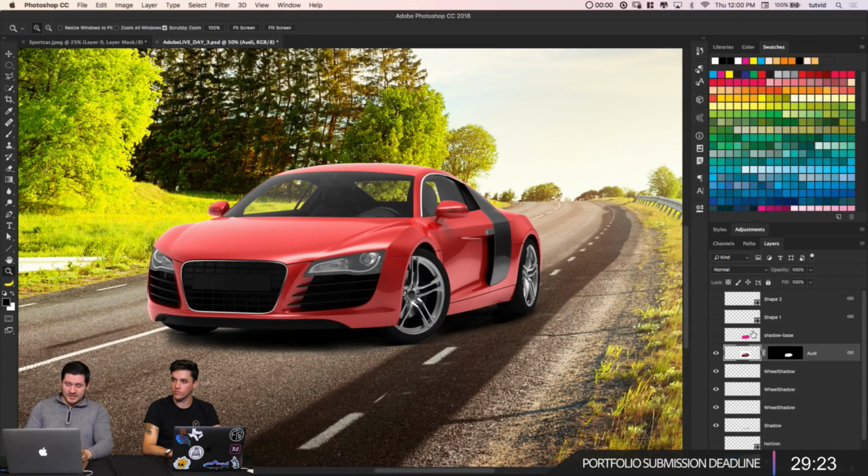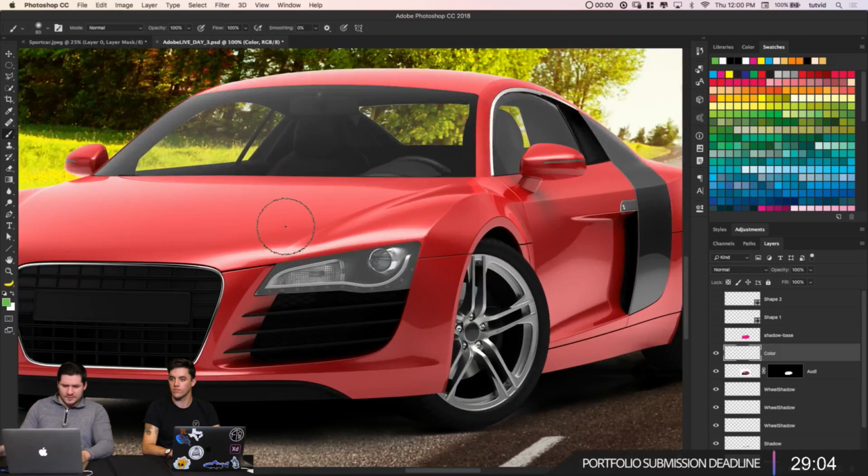One quick trick I want to show you here, speaking of changing color. We're not going to change the color this way, but it's just a great trick that I share whenever I have the opportunity to. You can quickly change the color specifically of objects like this, the car, something that's metallic or even a fabric, but cars work particularly well for this. I'm going to name this layer color. Let's say we want the car to be green, so I can just sample any old green,